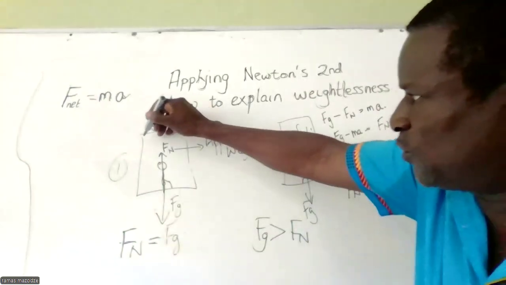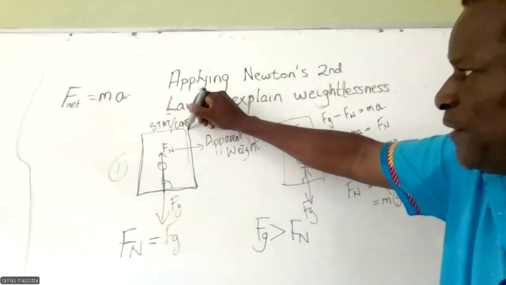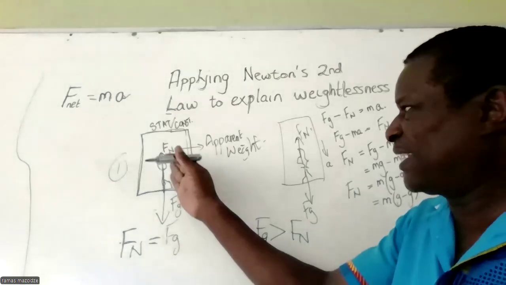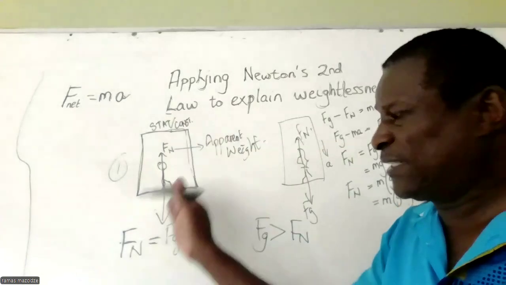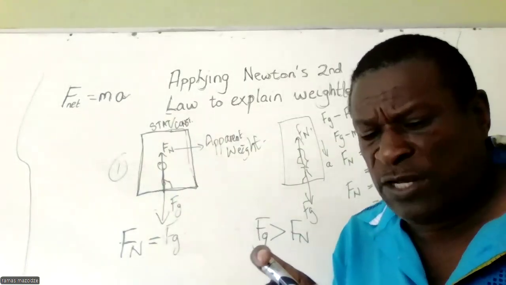Over here, I tried to draw a situation of a lift, which I want to use with three case examples of the lift going up or down or being stationary to explain the concept of weightlessness. But before I go into that, I want